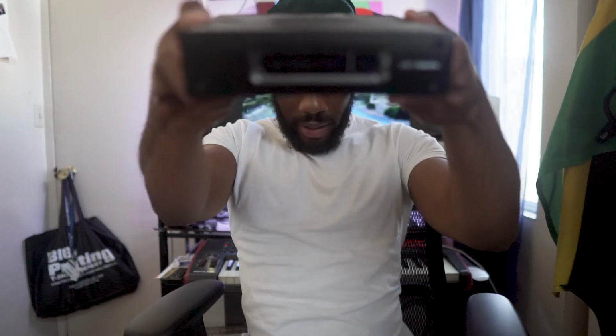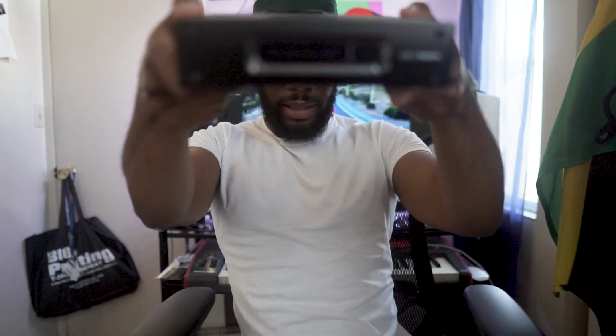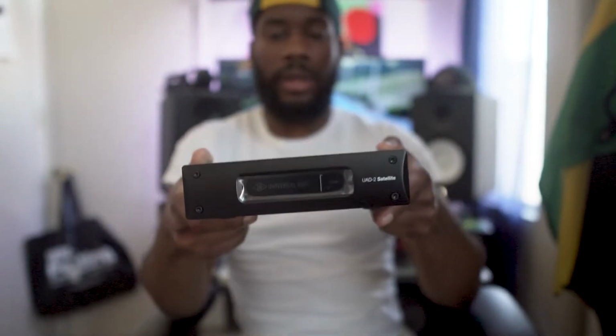And this is kind of like a bonus thing, like I had mentioned before. This doesn't go through my vocal chain, or this isn't part of my vocal chain, but in a way it is. Like I was mentioning before, I do have a UAD satellite. This is a Satellite 2 Quad. This has 4 processors